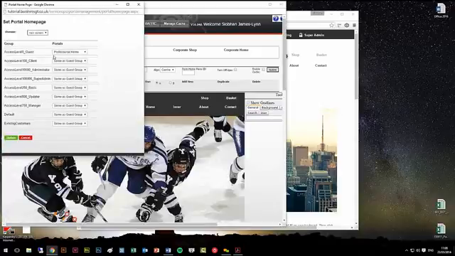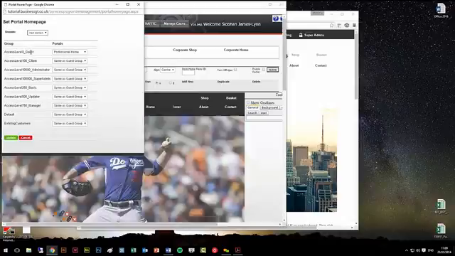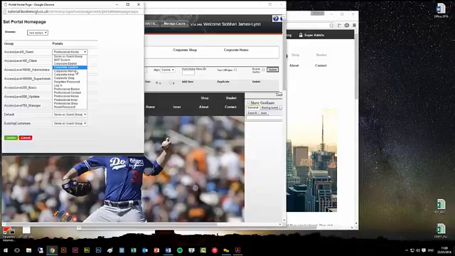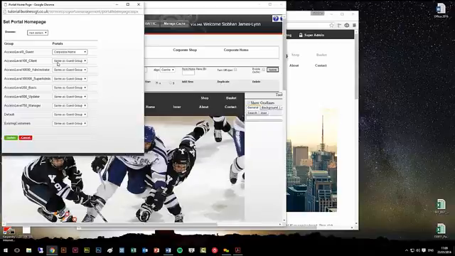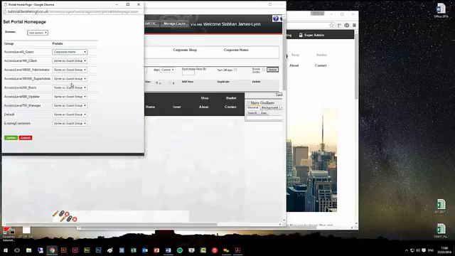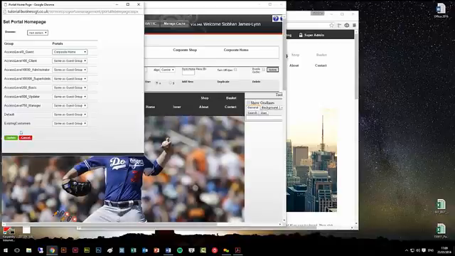For each contact group here, you can see for guests, so these are visitors to my website, I want to change this home page to Corporate Home. This is the one that I've just selected. For all of these other contact groups, I'll leave these the same. You can see it says here, same as guest group, so that everyone who goes onto my site has the same home page. So if I click Update,